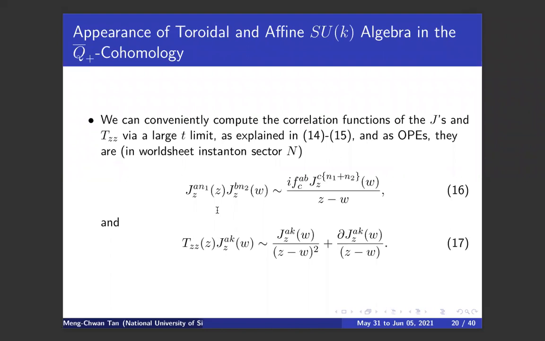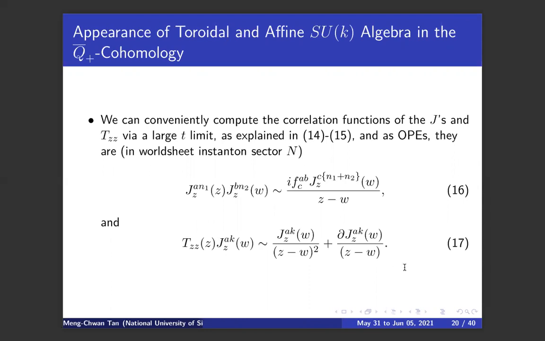So as OPEs, the large limit is just a perturbative, one loop limit, and therefore we can use OPEs. And then you compute that, in some Cauchy instanton sector n, that data is kept by the e to the power minus Tn on the outside, for the n instanton sector. So we get this OPE here. It looks very close to the usual affine algebra kind of OPE. And then with the T, it has also an OPE here.